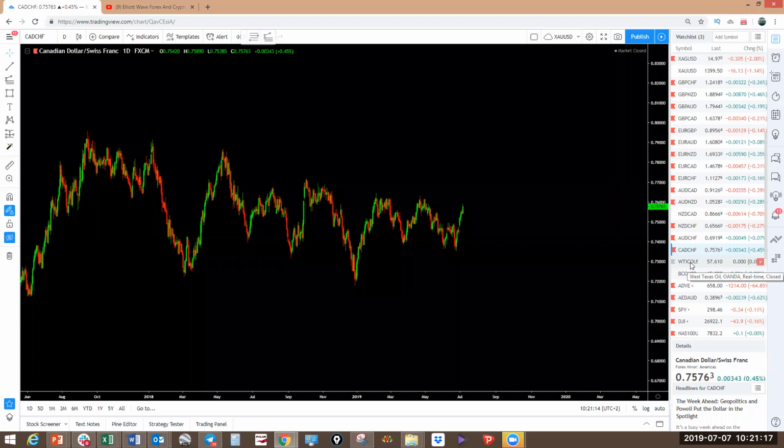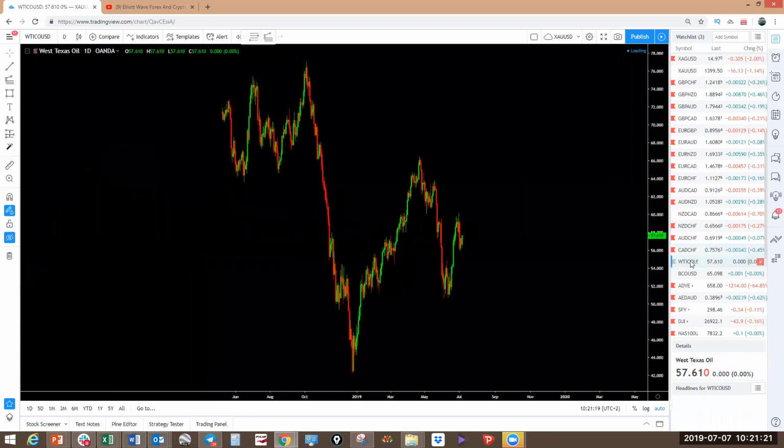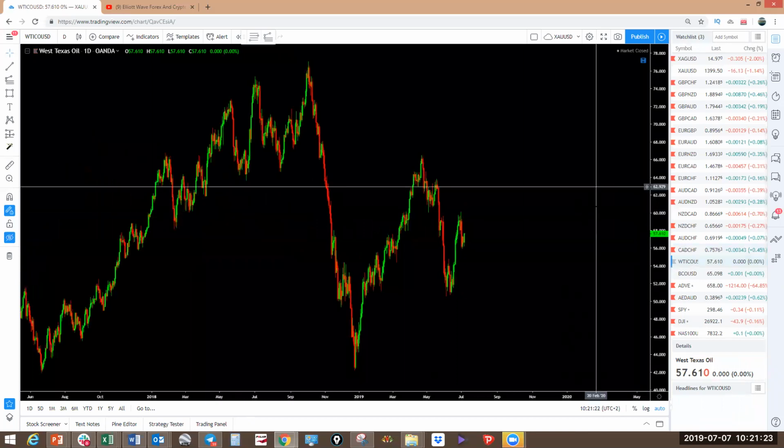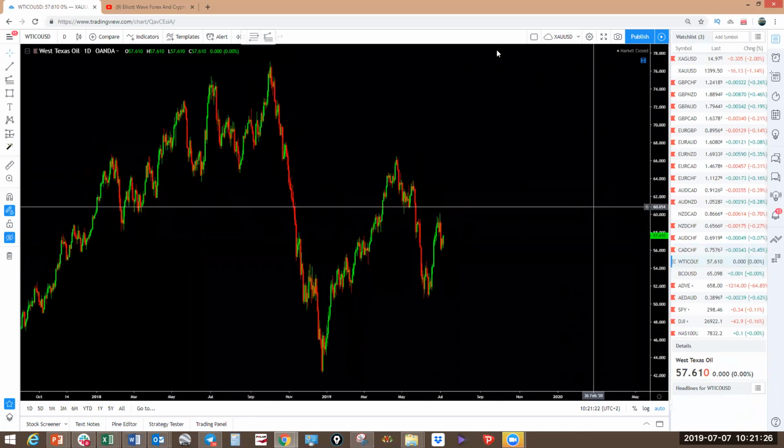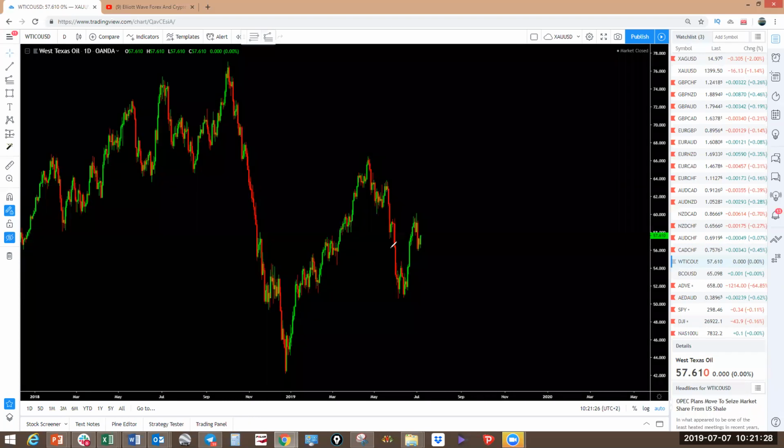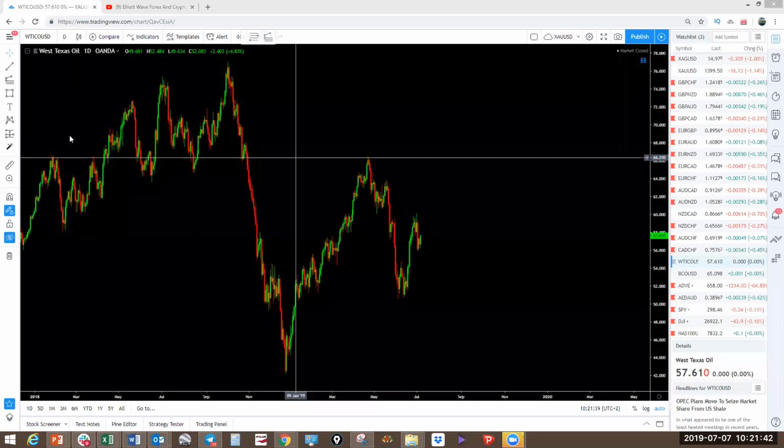And lastly, let's look at oil. Now, if you look at oil, on the daily, you've got this pulsing move here, you've got a pulsing move here, you've got a pulsing move here. Let's just look at the short term here on oil. It looks like we're busy correcting with this one, can do that and push a little bit higher. That is on the daily. If you look in the 4 hour,